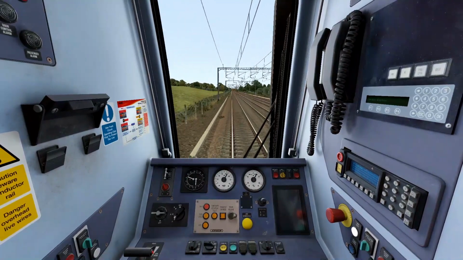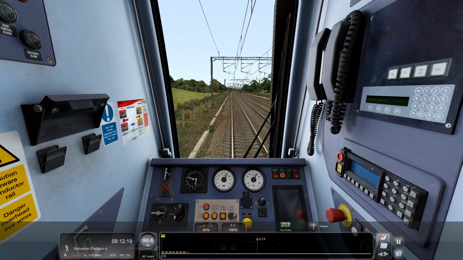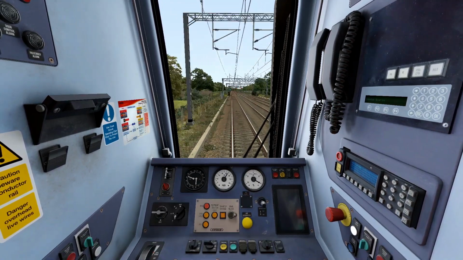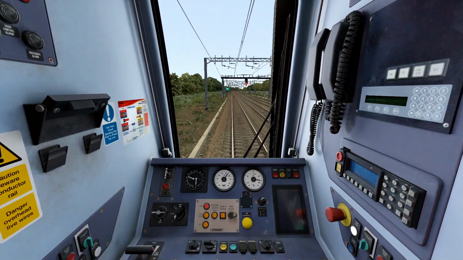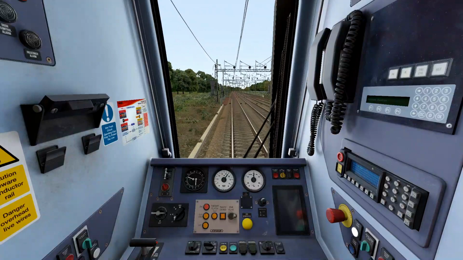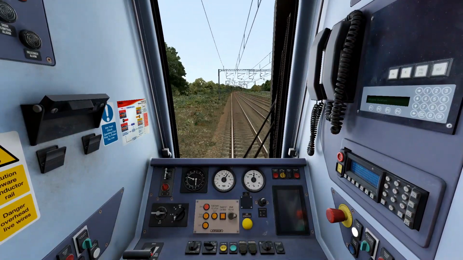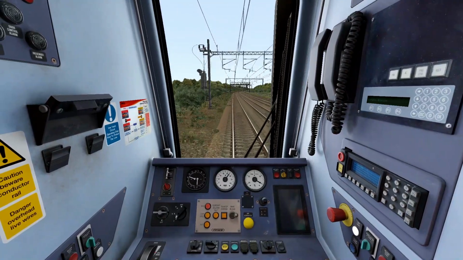Speed limit is now going up to 100 miles an hour. We can accelerate to that now. There's a neutral section. I will pass through it. So accelerate up to 100. And don't overshoot Wolverton,